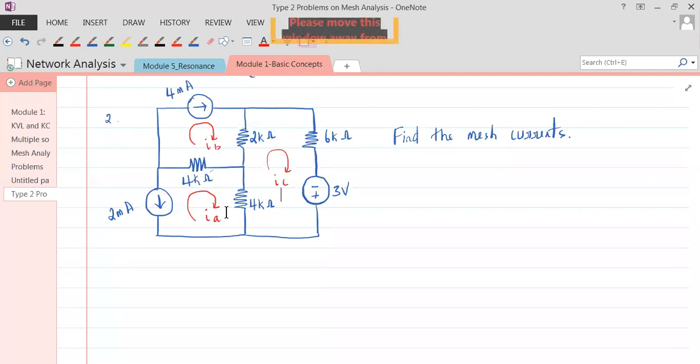Where are we applying that KVL? Not IC, you should not say IC. That's why I asked you this question. Where do we have to apply the KVL? The KVL is always applied to a closed path, and that closed path here is mesh 3. How do we know this is mesh 3?